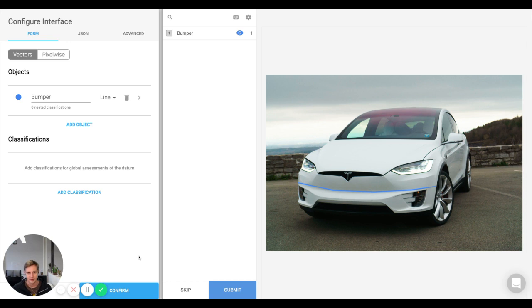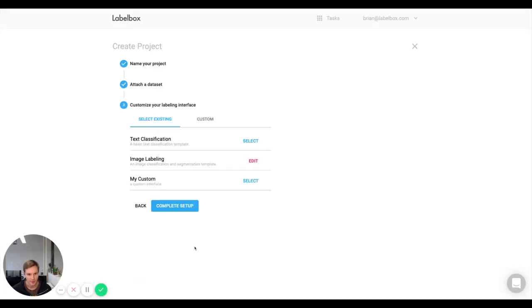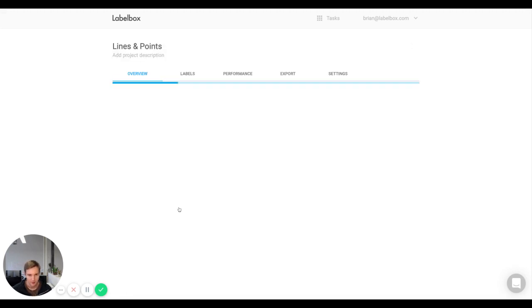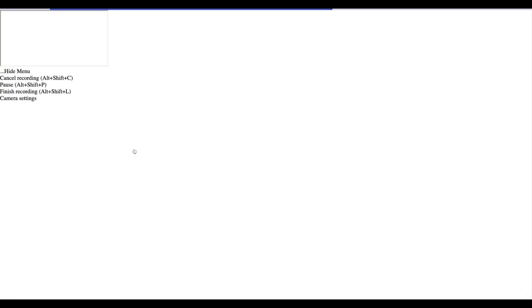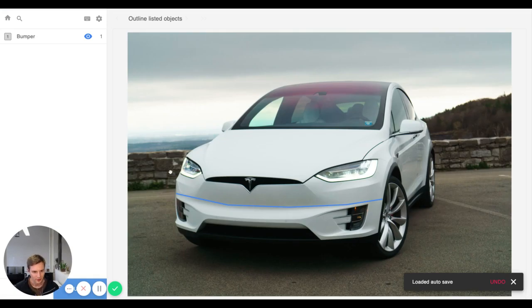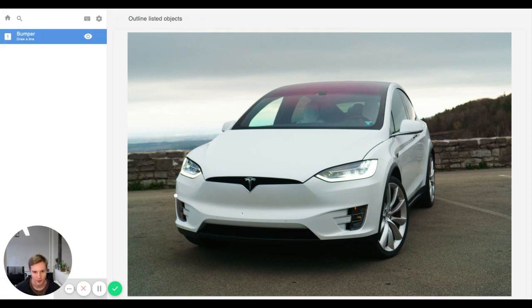So now that we have our bumper line class configured in the interface, we can go ahead and confirm this setup, complete the setup of the project we're building, and start labeling it. It loaded our previous work here. Thank you, Labelbox. I'm going to go ahead and delete that, and we'll redraw it as if there's nothing to start from. So we'll start with our bumper class, which I selected with the 1 key,